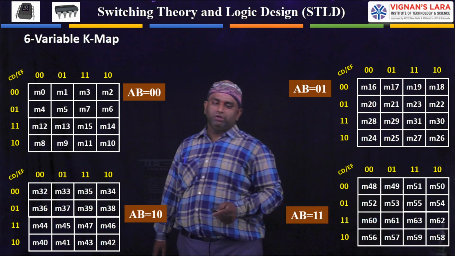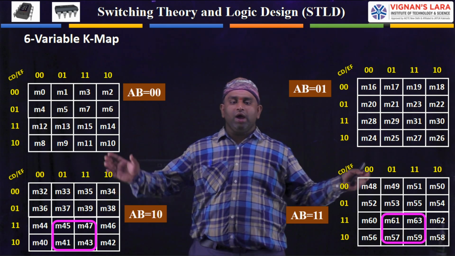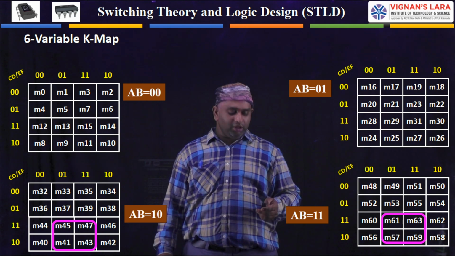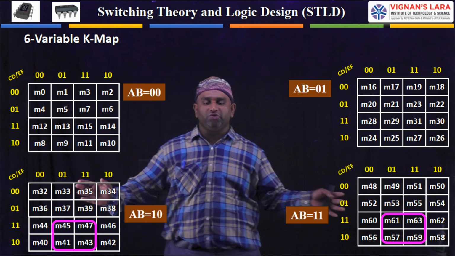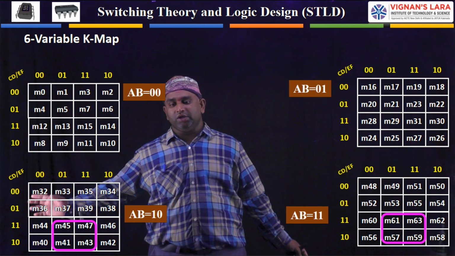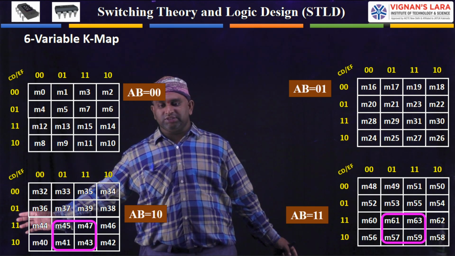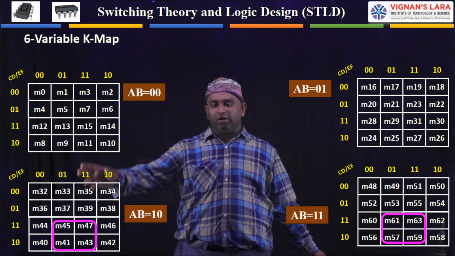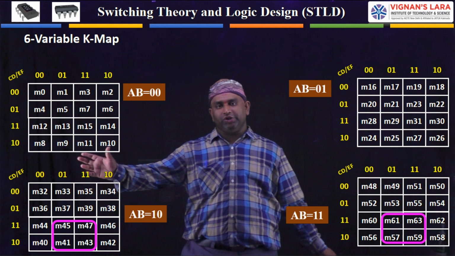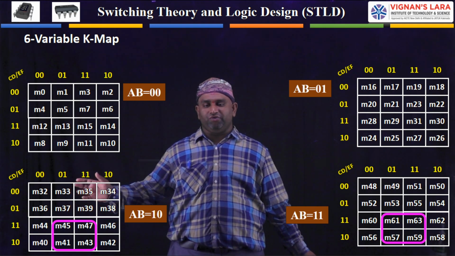Next, coming to here, I have taken one more example. Now I made a quad here and I made a quad here. Two quads I made here. From these two quads I have to write the function. So what is the value from this quad for only CDEF? C value is equal to 1 for this, so C is not differentiating, and from these two columns, F is not differentiating. So the value for this quad is CF, right?